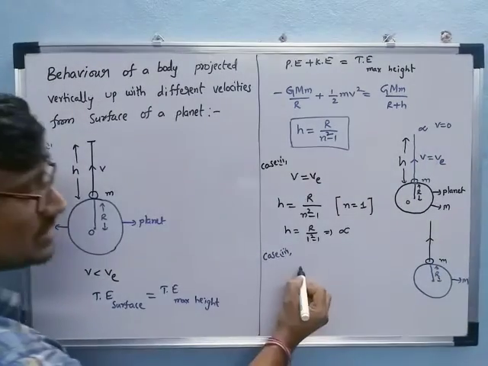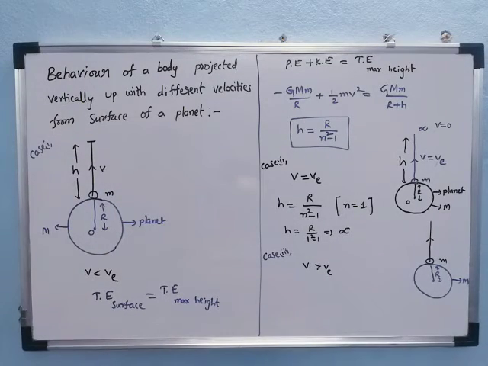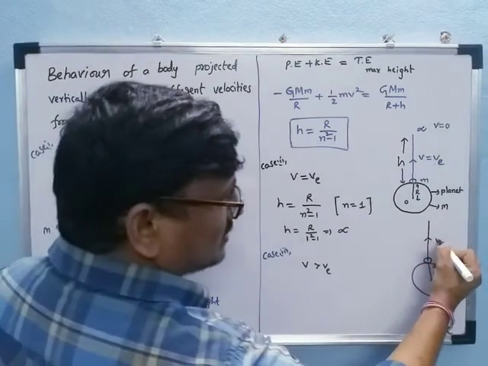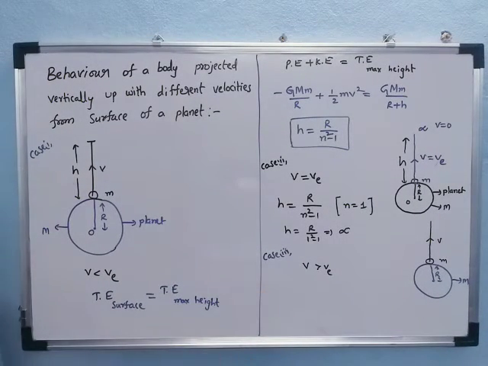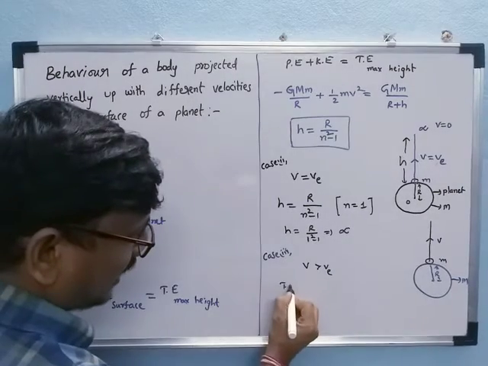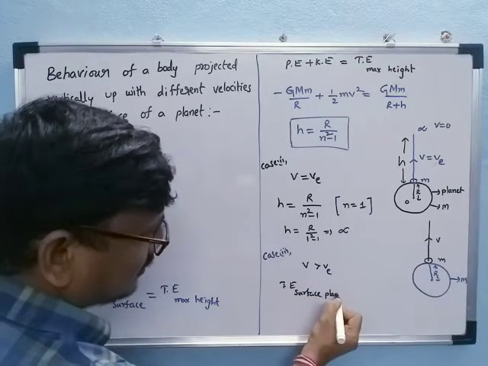Its velocity is greater than the escape velocity. So the object is moving with a velocity greater than the escape velocity. Then the total energy at the surface of the planet is equal to